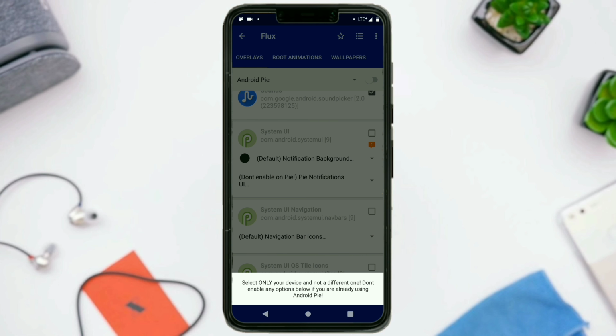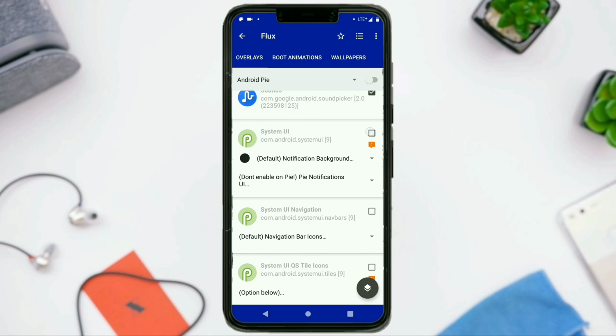So I don't have to tinker with anything here, but still I'll show you the different options. What do the different options mean? So the notification background, white background. If you are using a Samsung device, then select this option, white background. For all other devices,